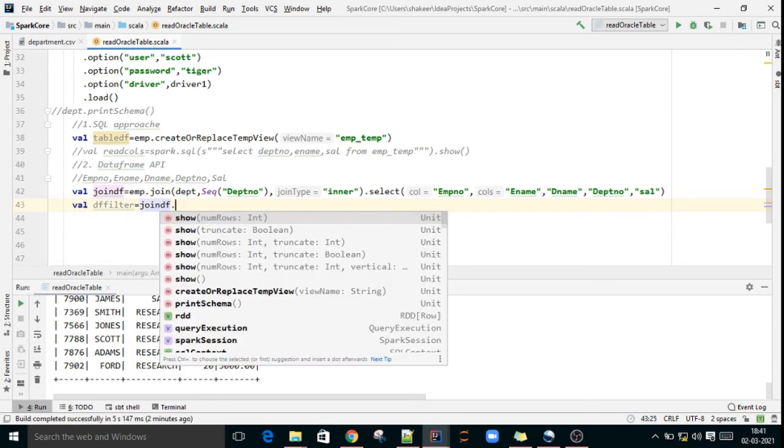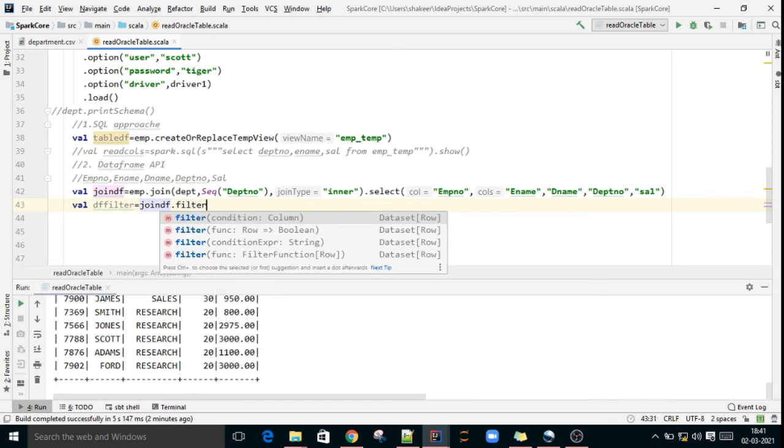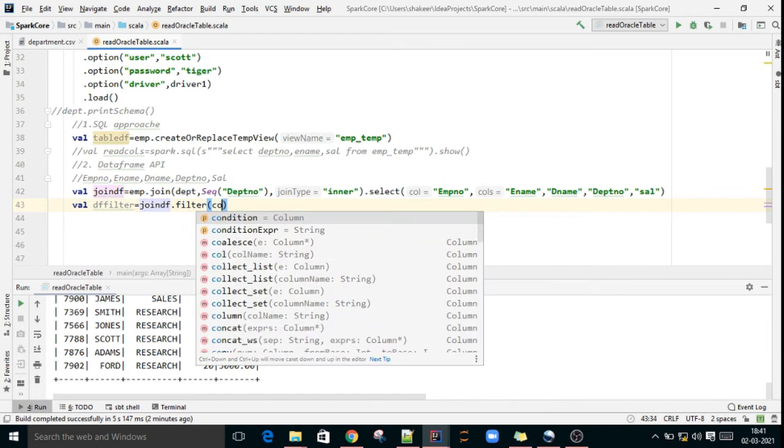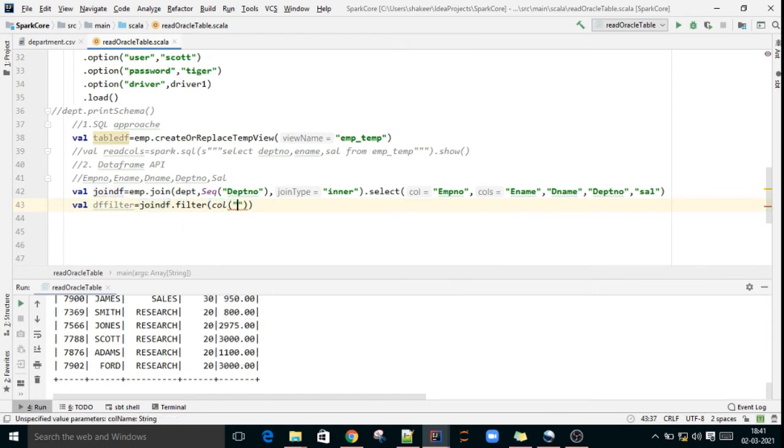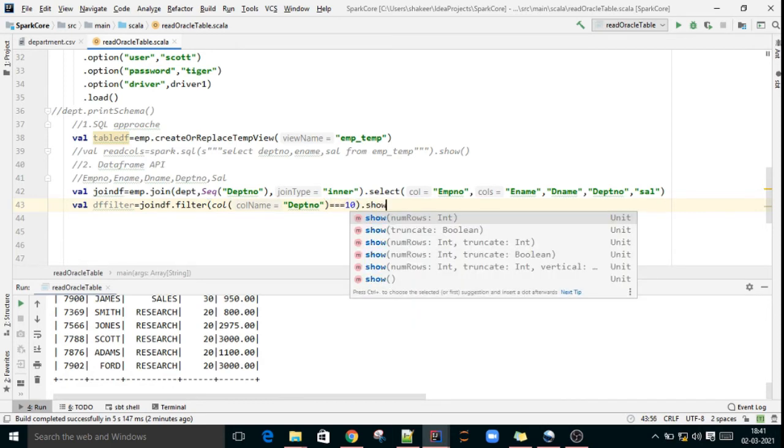If you compare with SQL, if you want a where clause to fetch only 10th department data, then join df dot filter, col of which column you want to compare. Department number equal to 10.